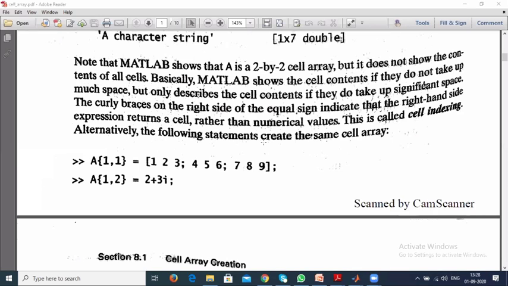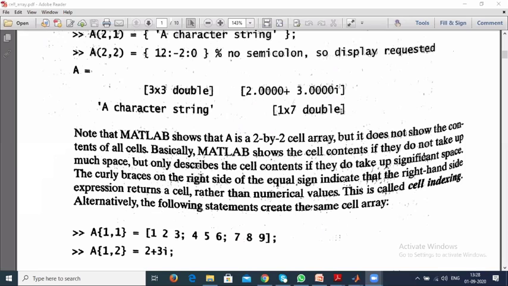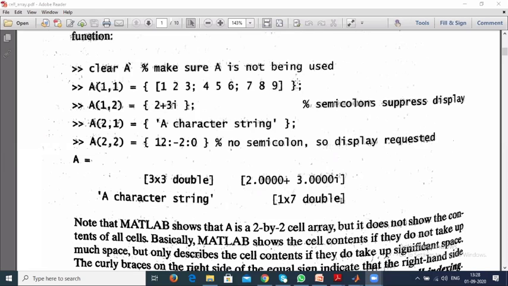Okay, are you able to understand me or not? Here we are directly assigning the values at this address. When you are addressing the contents, it doesn't understand contents, so we have to go for the curly braces. Here it understands the contents.